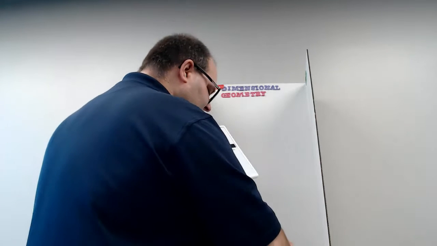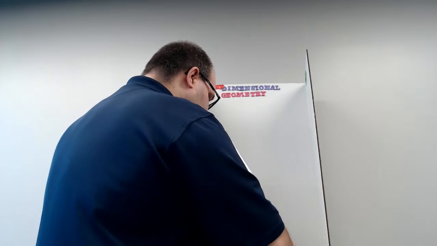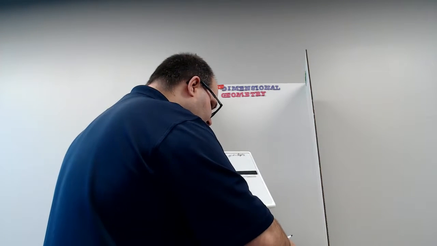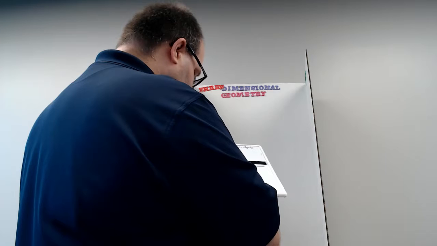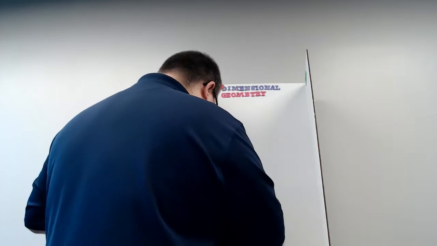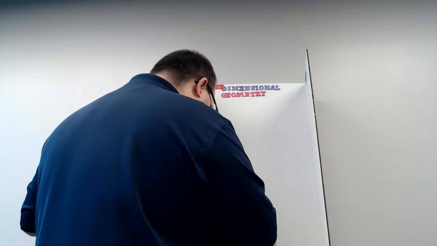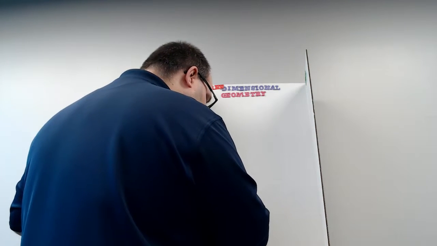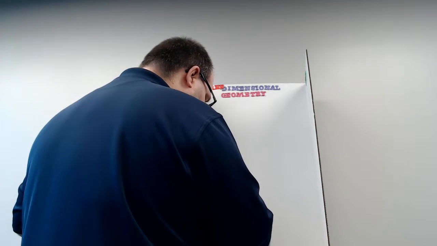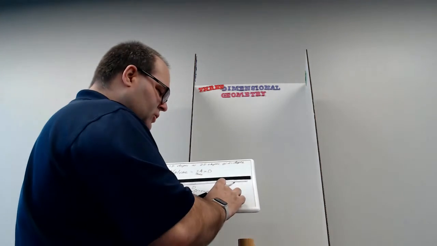And when we plug this into our calculator, pi times 25 millimeters squared times 75 gives us a volume of 147,262.1556 millimeters cubed,